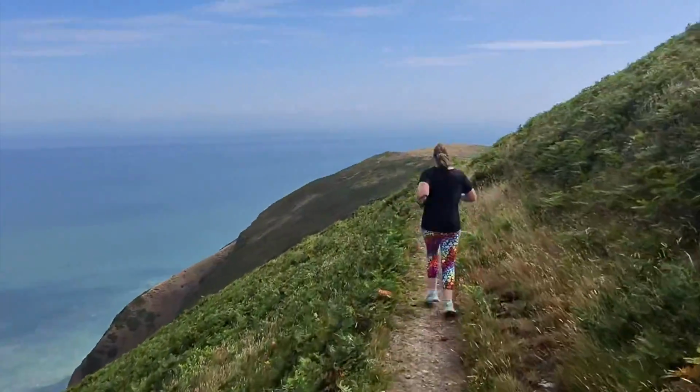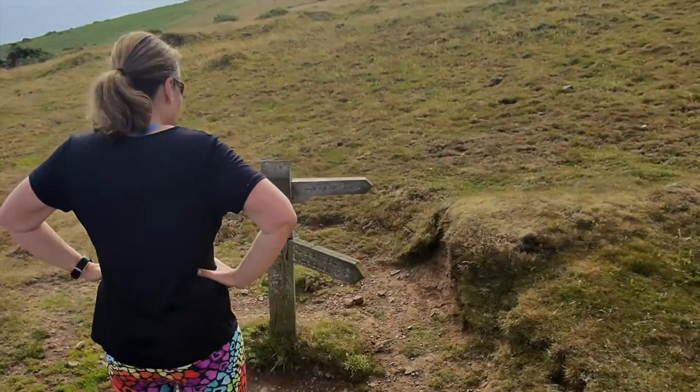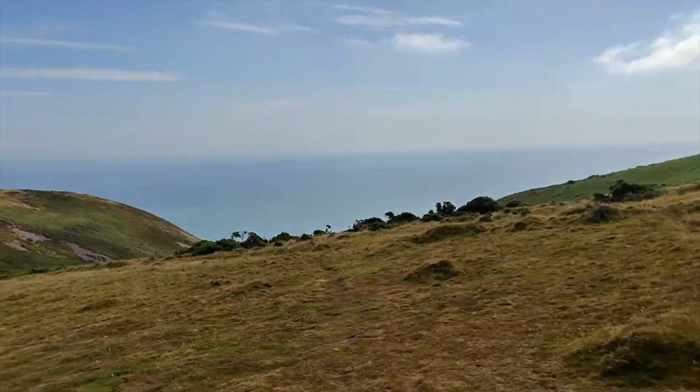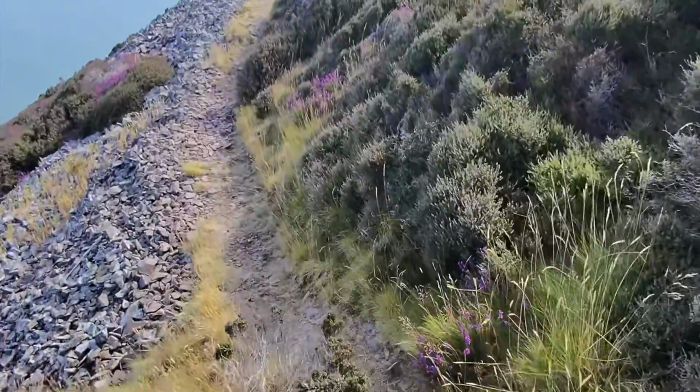There's nice blue seas and blue skies and blue everything. County Road, and there's the coastal path back to where we've just come from. And we're going this way because I think, yeah, why not? Coastal path. I think we might have taken the wrong path, as in there was a sign coming this way